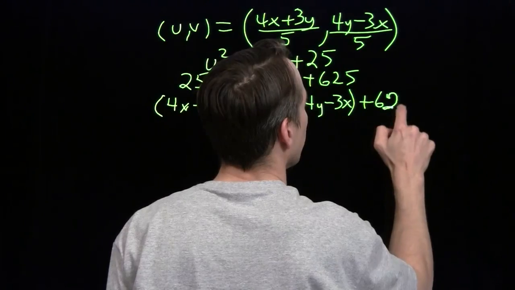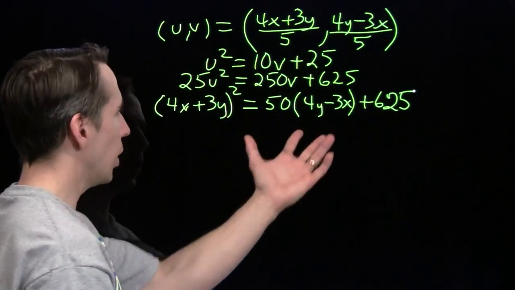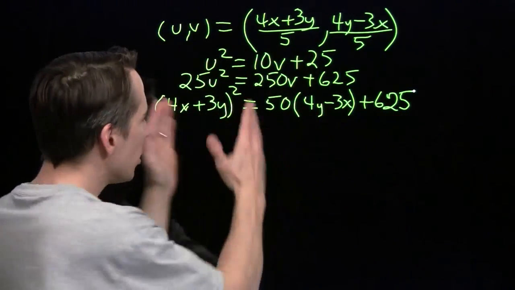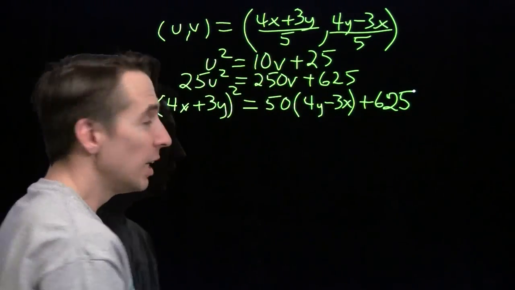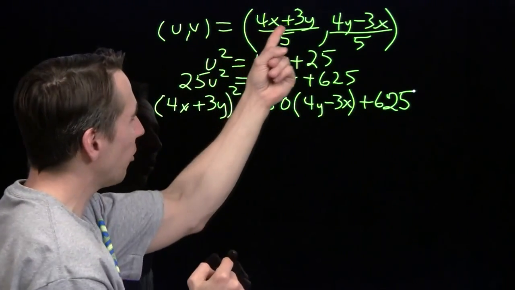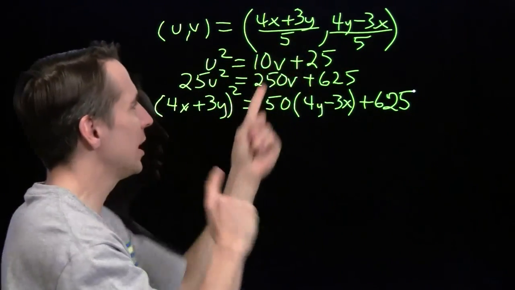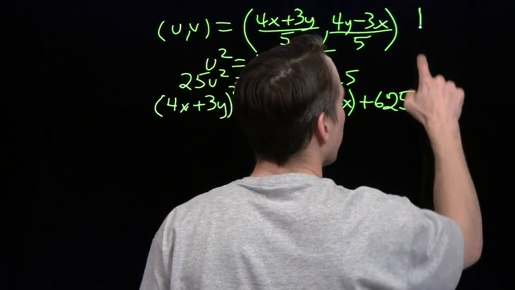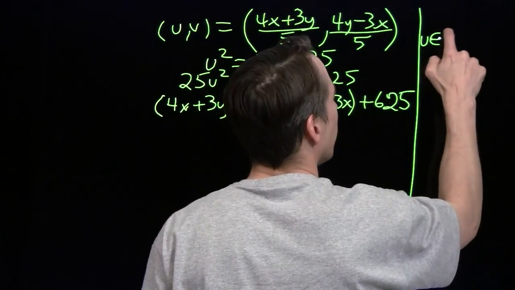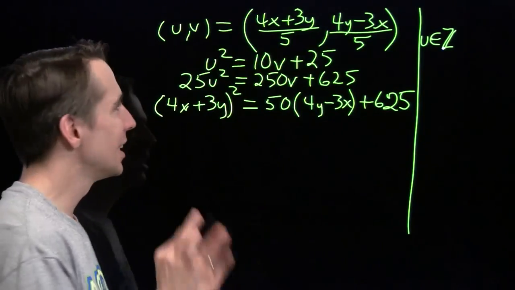And what does that give me? Well, at least now x and y are integers. That tells me that this side of the equation is a multiple of 5. It tells me that this has to be a multiple of 5. It tells me that this has to be a multiple of 5. 4x plus 3y has to be a multiple of 5. That tells me that u is an integer. That makes me happy. I'm going to even write that down because it makes me so happy. In math geek speak, u, this little funky symbol, and that little Z that means the integers. U is an integer. This is very good.